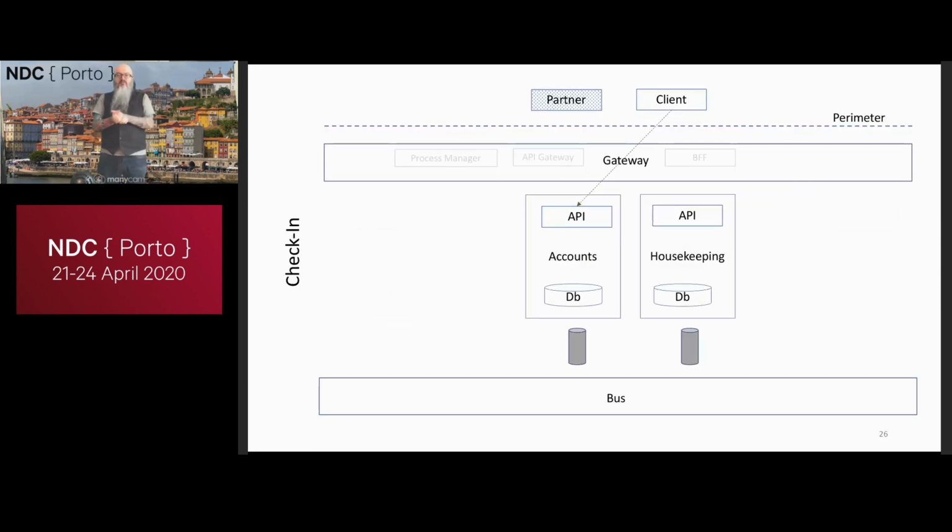Naively, we might say the simple answer is that I just call accounts and housekeeping. Maybe I start with accounts and say, go and find Mr. Cooper's account information, and then see what bookings he's got, here's one for the day. Or I could do it the other way around and say, let's look for reservations on this date, and then pull in the account details for the matching account holder. Well, we might think what I'm going to do is just compose that information in two calls.